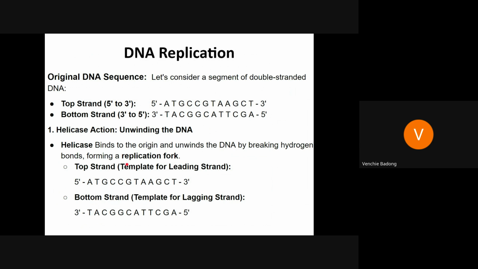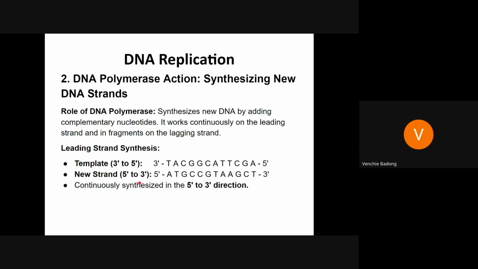Once there is that breaking of DNA, you have now the top strand or the leading strand, and the bottom strand or the lagging strand. In the synthesis of DNA for the leading strand, it is a continuous process of adding the nucleotides in the direction of 5 prime going to 3 prime. Now, in the process of adding the nucleotide, using, of course, the DNA polymerase, do not forget the base pairing: between A and T, T and A, G and C, or C and G. That is always the base pairing requirement.